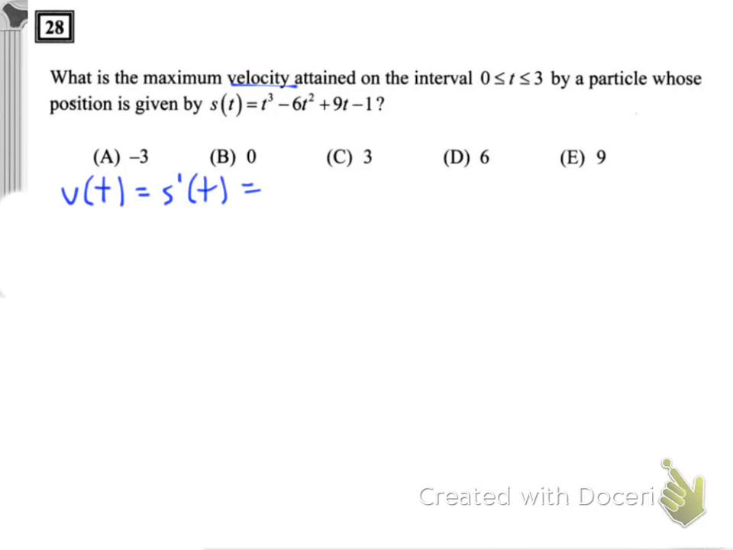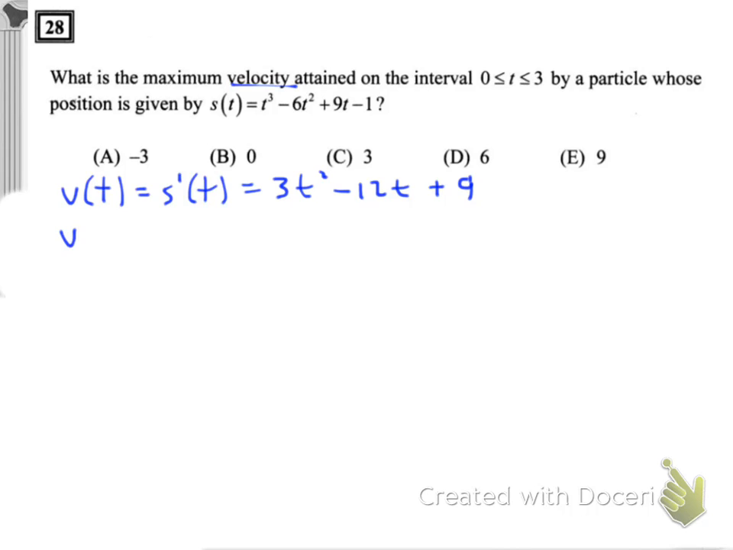And the derivative of the position function, we differentiate each term. The derivative of t cubed is 3t squared. The derivative of negative 6t squared is negative 12t. And then we have plus 9. And the derivative of negative 1 is 0. So that's the velocity function, but if we want to maximize the velocity on the interval from 0 to 3,